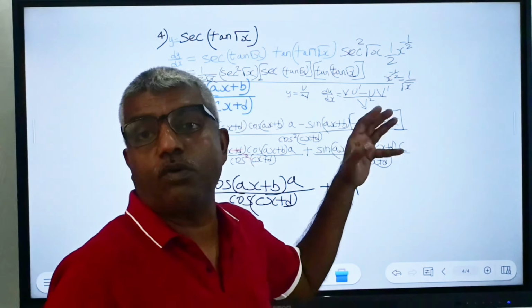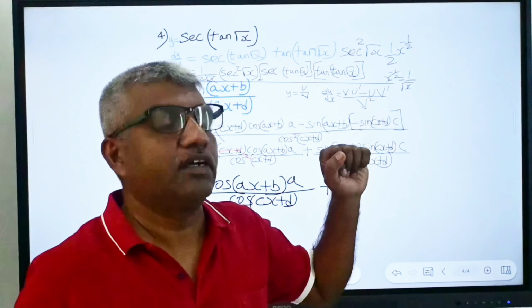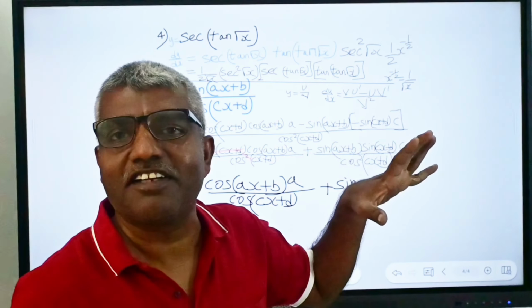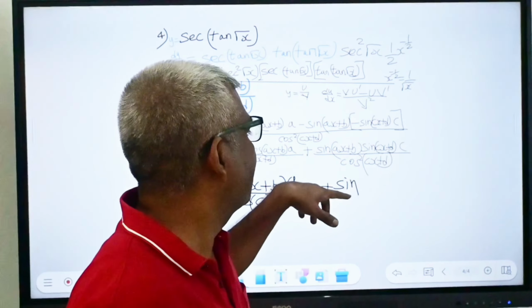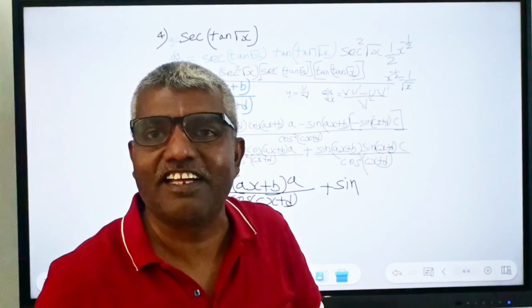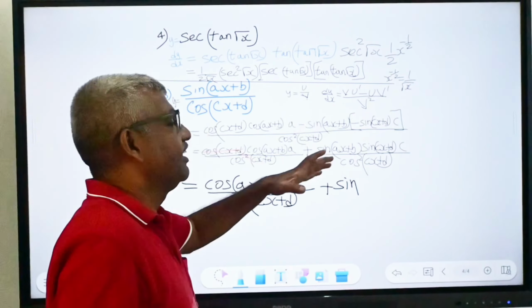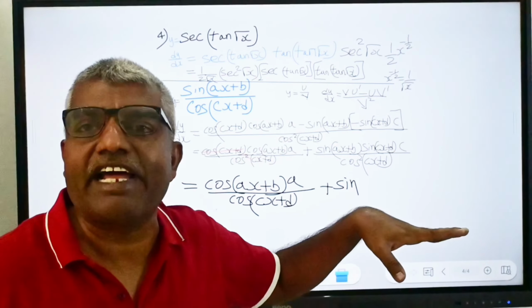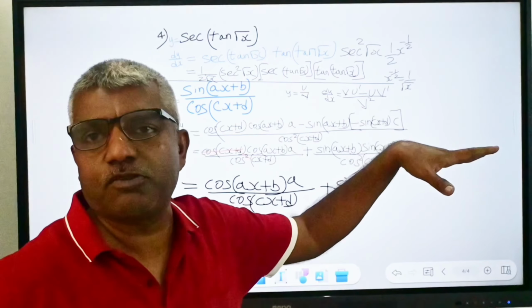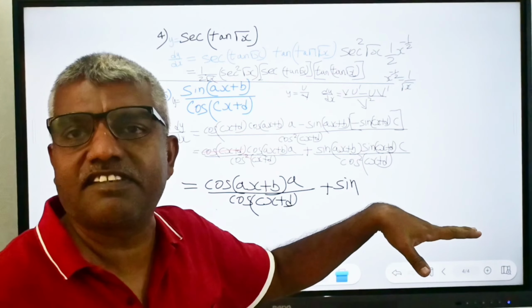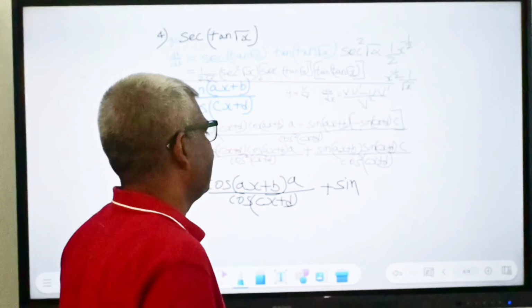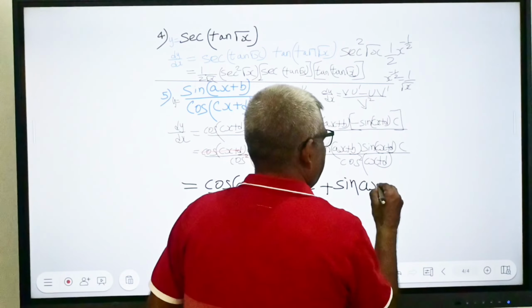Here there is no cos(cx+d) in the numerator, but sin(cx+d) is there. Then we can simplify. sin x over cos x is tan x. Here sin(cx+d) over cos(cx+d) is tan(cx+d). So sin(ax+b)